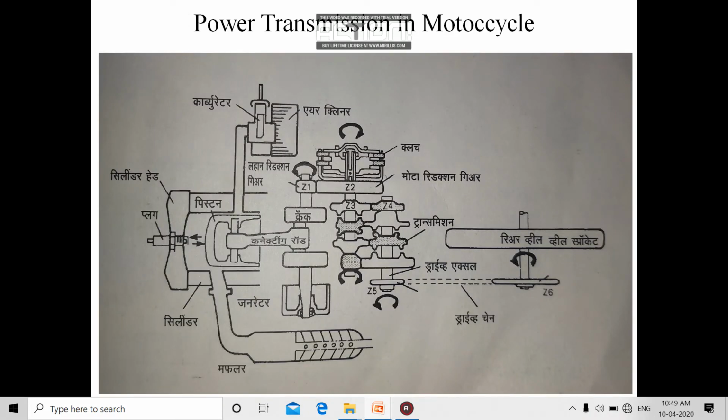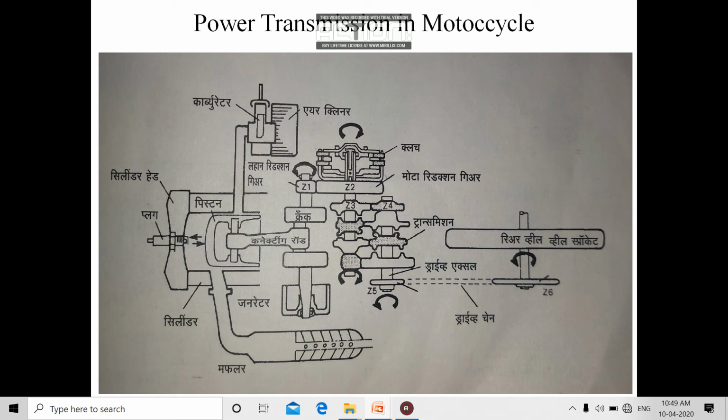Hello class, till here we have completed what is a starting motor, what is a starting system, and the types of starting motor. We know there are two types of starting systems present. One is the manual starting system and another is the power starting system. So before going to each of them, first of all we must know at which location which system is supposed to supply or assist the power.